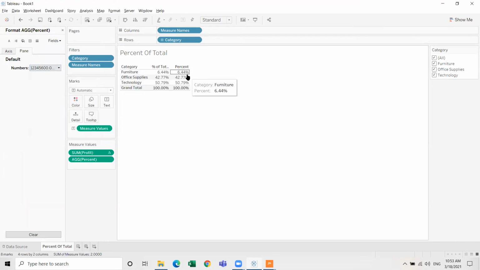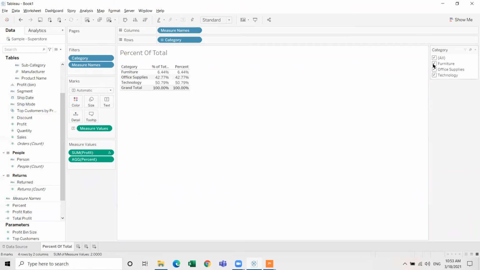So you can see that we got the exact same result even through the fixed LOD expression. But now let us change the filter and see what happens. I'm going to remove office supplies from here. You see how the first column, which is based on your quick table calculation, is giving you a different percentage. So just when we look at the data for furniture and technology, when we compare furniture and technology alone, irrespective of office supplies, technology is contributing to 88% of the overall profit made just by these two members, 11% of the profit from furniture. But look at the result of the fixed LOD expression.